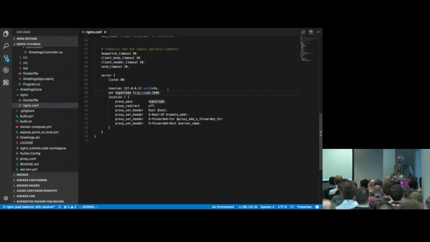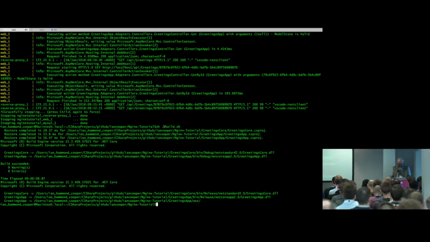Otherwise, you may find things like Docker for Windows and Docker for Mac, when you add a new container, it automatically knows, so you don't need to do this. But on things like Docker Toolbox, you have to do this because it doesn't pick up the fact that you've added a new container. Alternatively, you can just use an upstream group to do this, as you saw in the slide deck. Now, what I'm going to do is do Docker Compose up,